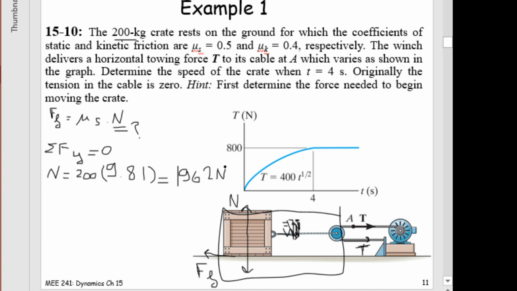So once I know n, I can apply the sum of Fx equal to 0 in the static case. The sum of Fx is equal to 0, and this will give me 2T, if I take this x as the positive direction, 2T minus the frictional force in static is equal to 0. This will give me the time needed or required to move the crate. So 2T, and T is equal to 400 t to the power 1 over 2